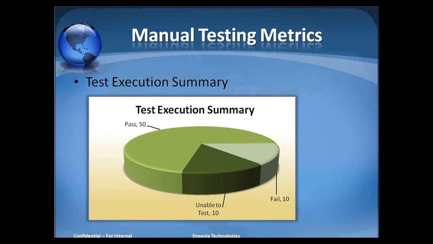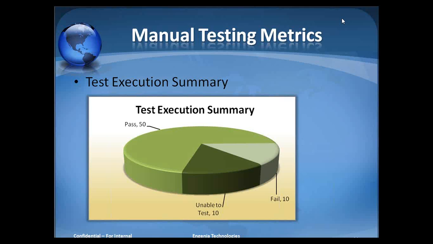Moving on further, the next metric that we can talk about is test execution summary. Test execution summary would give us a classification of the test cases with respect to the status, along with the reason, if available, for various test cases. It gives a statistical view of the release. The view being displayed belongs to a particular release. We can select the data for the number of test cases which were executed with a particular status: the pass status, the fail, and the reason for failure also, and then unable to test.